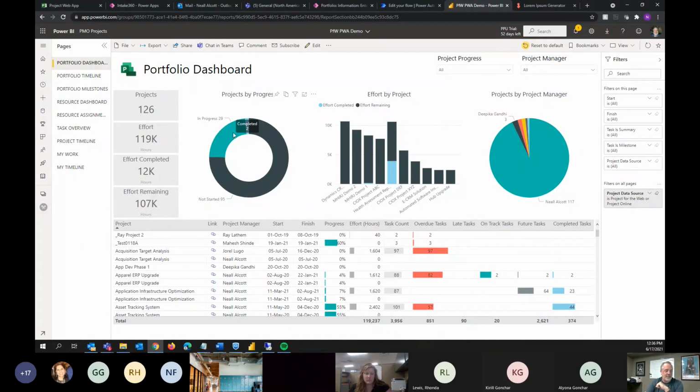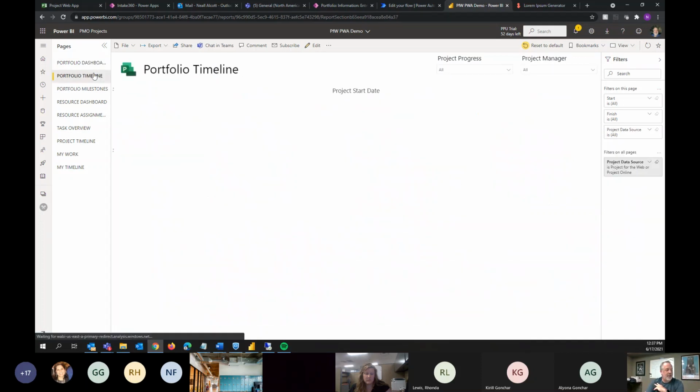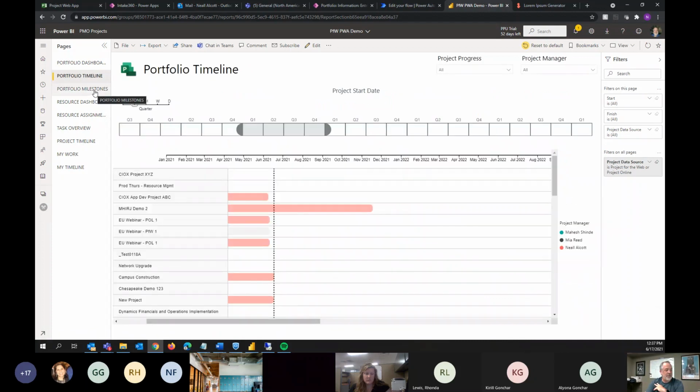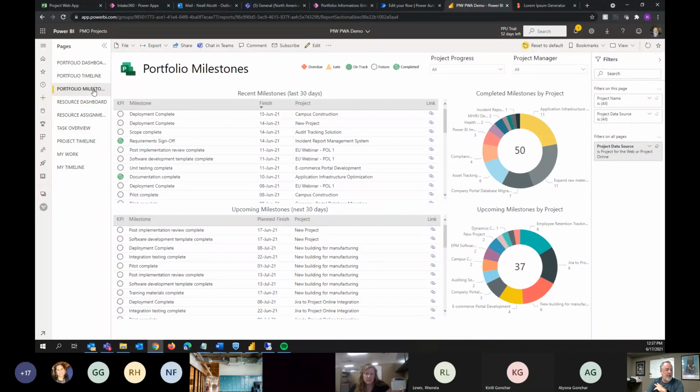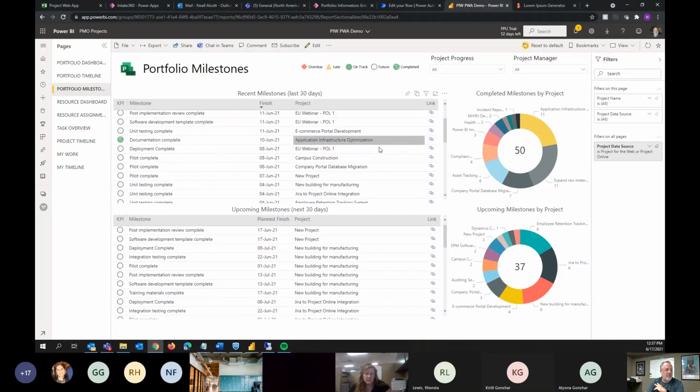So this is an example of that where we can go in, have a portfolio dashboard, get high level visibility into everything that's going on within the portfolios, the programs, the projects. I could have different filters set up, so if I want to narrow down exactly what it is that I'm looking at, but then I could have other reports as well. So for example, here's a portfolio timeline, milestone tracking across all my projects,